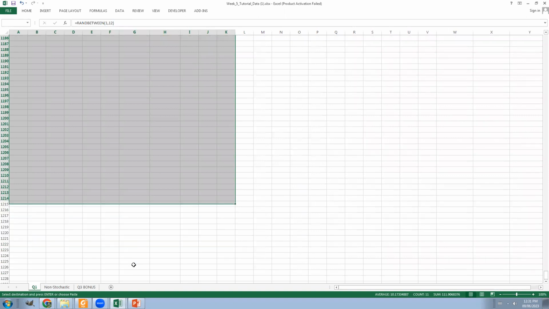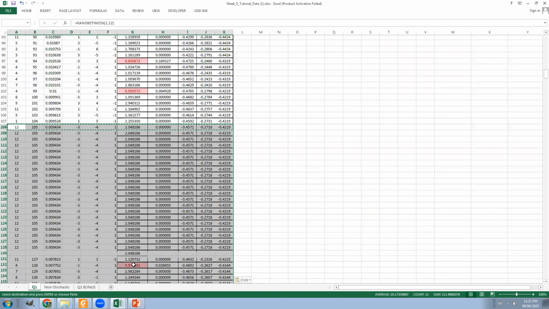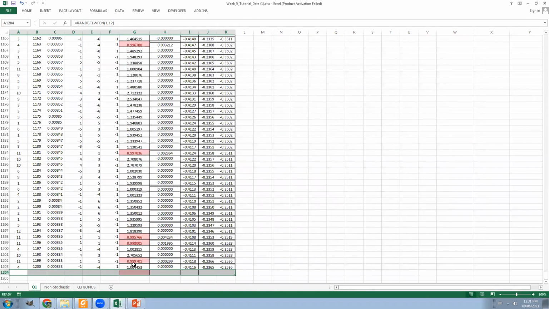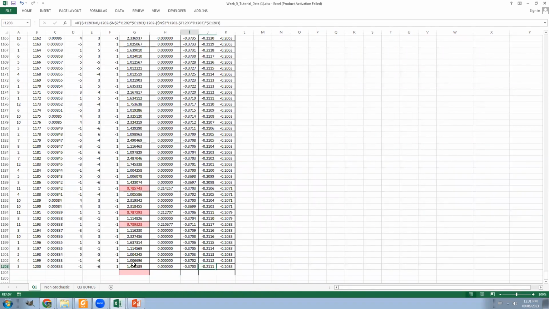I probably need like 1200 and a few more rows. Yeah, okay. Right, so after 1200 steps, we might get something like this, and you can see it's re-randomizing every time, right? So I can just get a couple of different results here, but the stochastic one after 1200 steps,